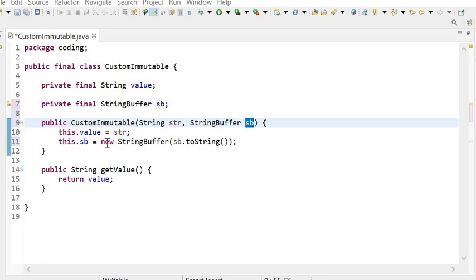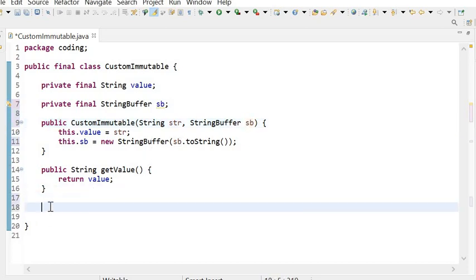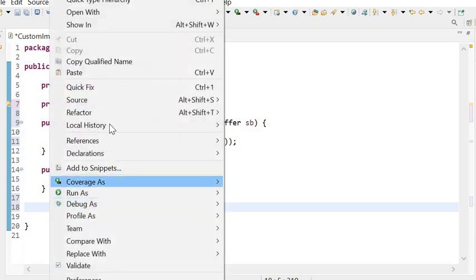Because we are choosing this way of initializing the object, the setter methods cannot change the value of this instance variable, and in getter methods we should not return the original value. In the getter method, again we need to return a copy of the instance variable.